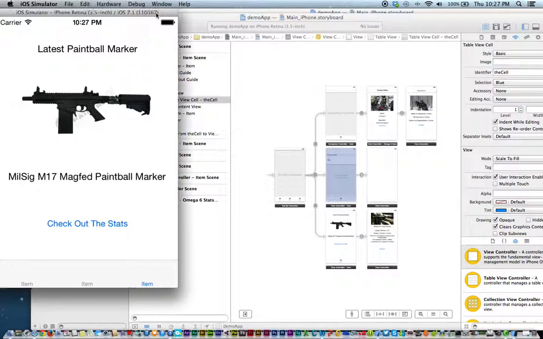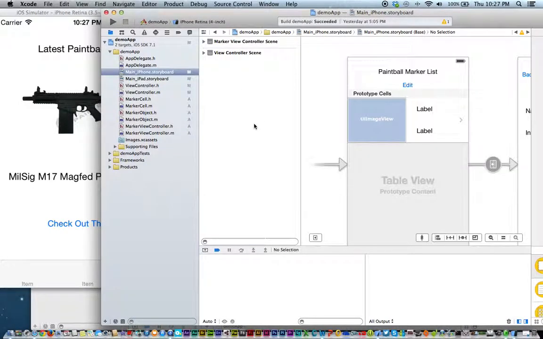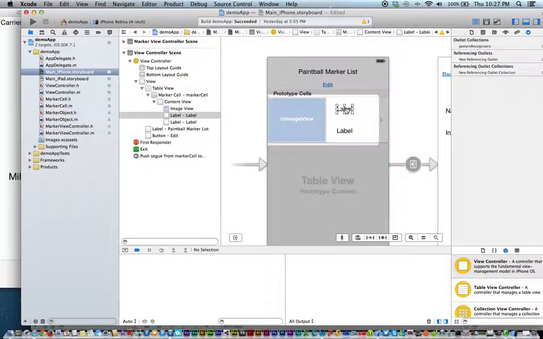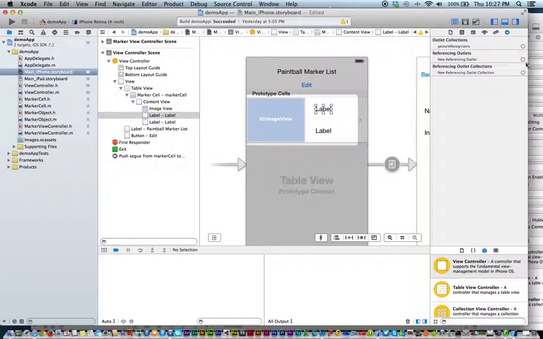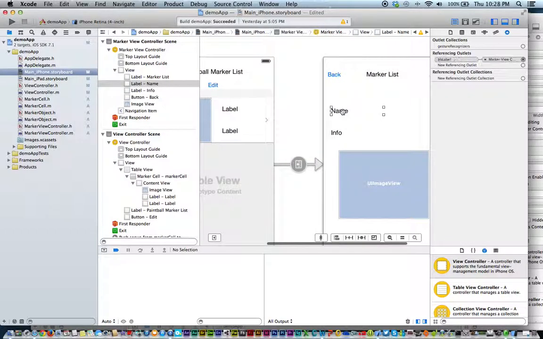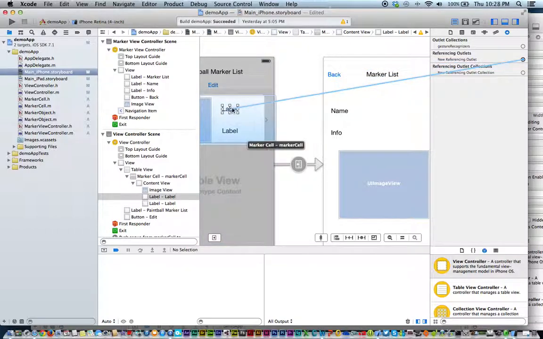Going on to week 1. This was my issue. I've been having trouble trying to put in the proper outlets into my labels and my images and stuff so that it can at least lead to the next page. This one seems to be fine. I'm able to have the proper outlets on here, but when I try doing it with this, it shows up with these selections